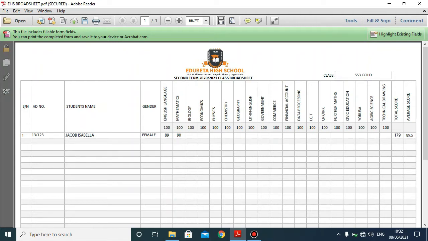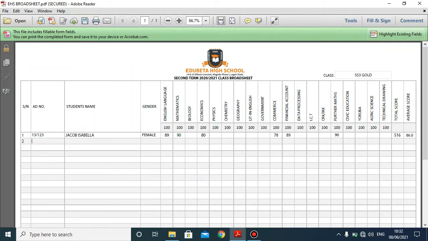Biology, we have, okay, economics, we have 80. Commerce, we have 78. Financial accounts, we have 89. And let's see, further math, we have 90. So you can see, as I am inputting the scores, the total score of the student is populating, the average score also is populating. So let me input